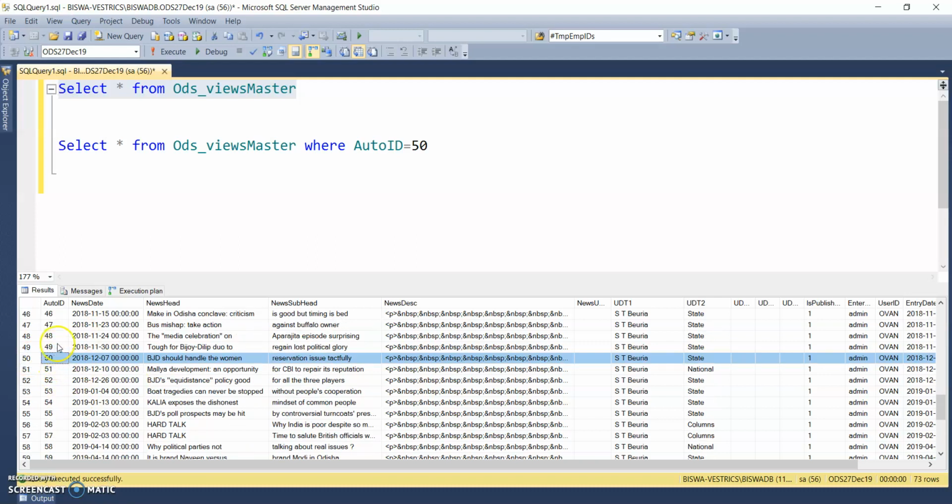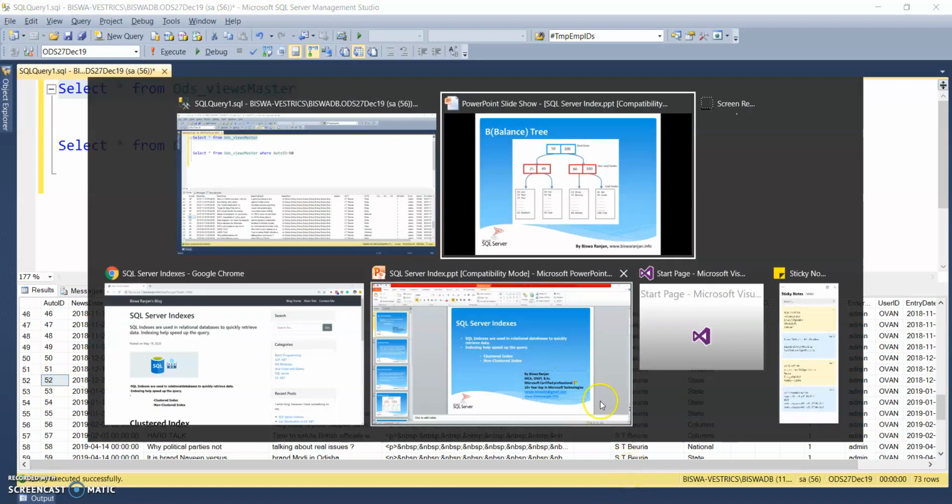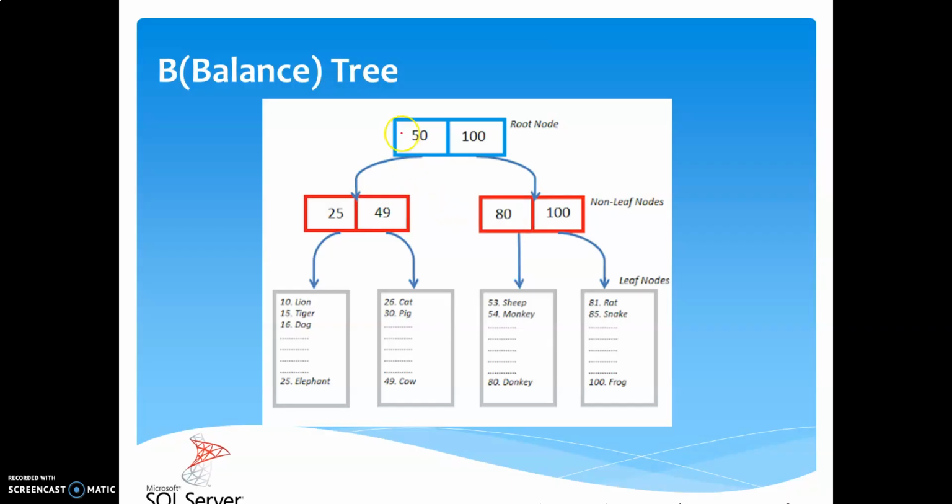When the data is small it is fine, but when there are crores or lakhs of records, there is a chance of slow performance. So we need to do an index scan. So the index creates a balanced tree. So what is a balanced tree? Let's see. How will it work? Let's say in my table there are 69 records.